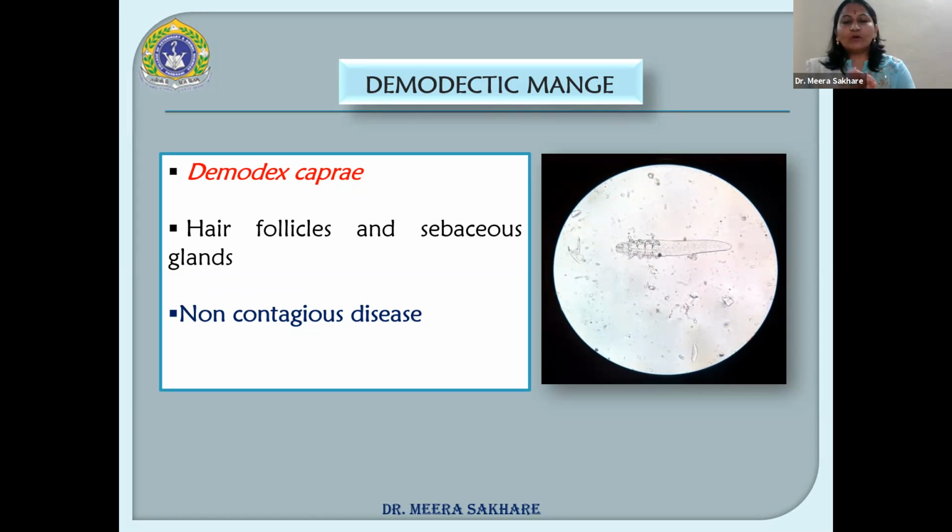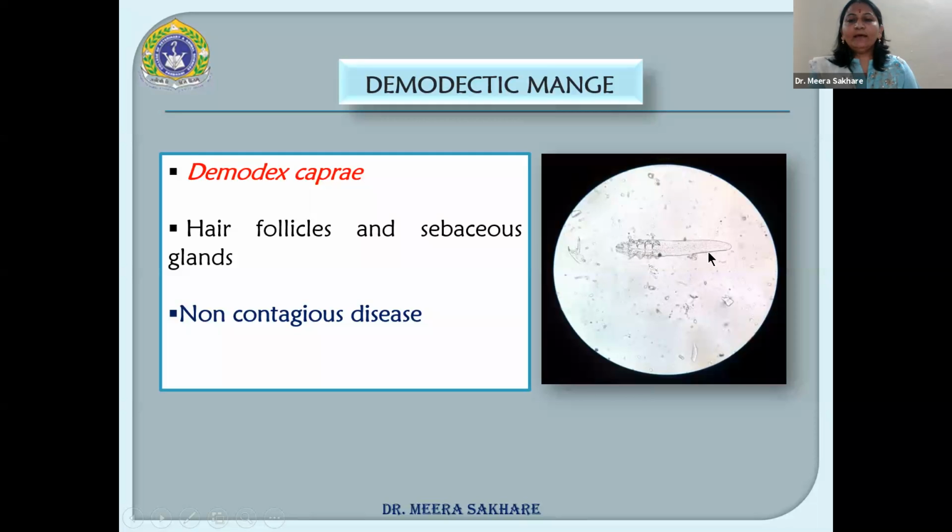So close contact is necessary for the transmission of this disease. Otherwise, we see individual cases in sheep and goats, and it is a non-contagious type of disease. Whenever we take a deep skin scraping up to capillary oozing, and collect the skin scraping, at that time we see the typical